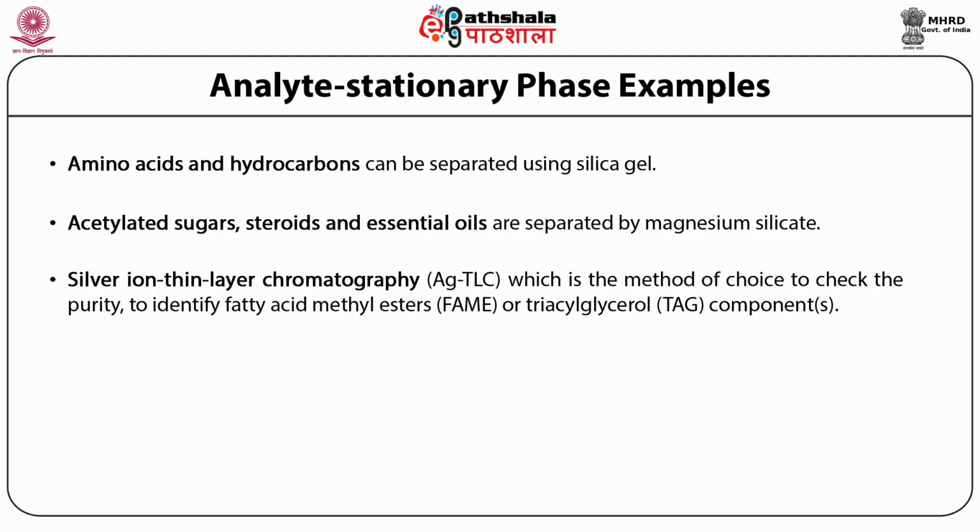Now keep in mind that the stationary phase examples that I've listed here are some of the simplest ones. This coating, or the stationary phase, can also be modified with other groups such as cyanopropyl groups or amino group modifications, which allow a wider range of separations. It improves their reproducibility. And these plates are then listed as specialized plates by the different commercial companies that market them. But a wide range of modifications can be made on the original simple sorbents that were used as coatings on the plates.